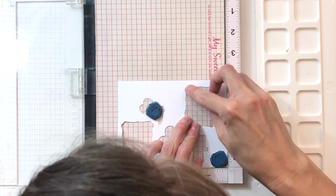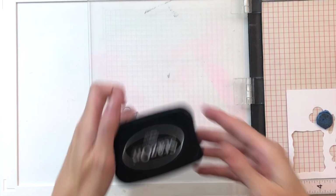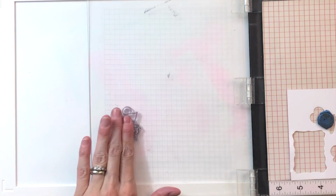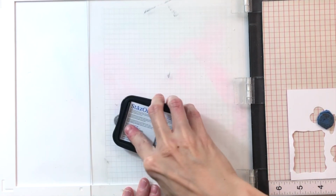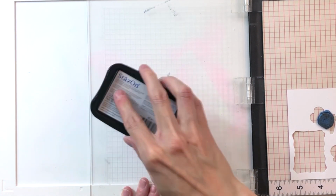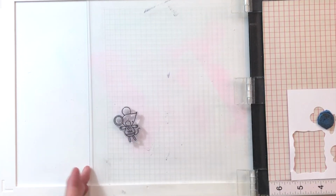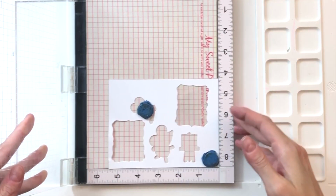Now I have an acetate die cut frame and I popped it into my jig here, and I'm going to ink up the mouse with StazOn. StazOn is an ink that is permanent and dries very quickly on acetate, so it's a great ink, actually a necessity for this technique. So after I ink up this mouse, I'll stamp it, and I decided after I stamped it